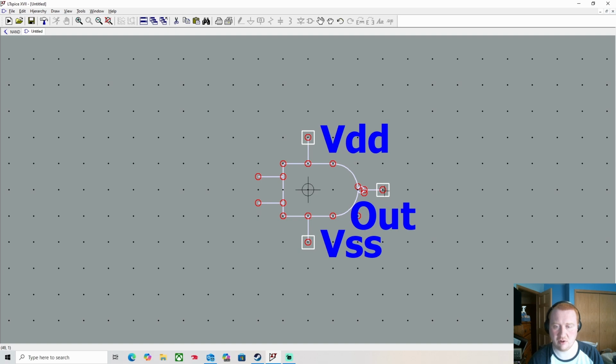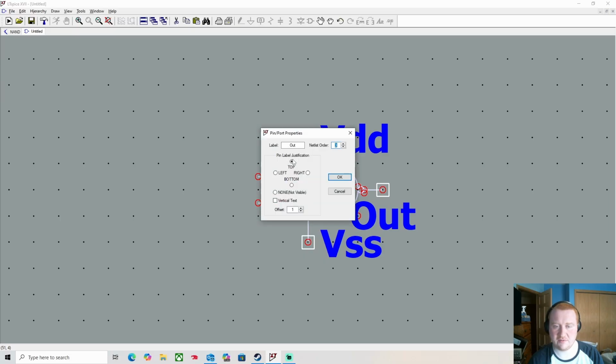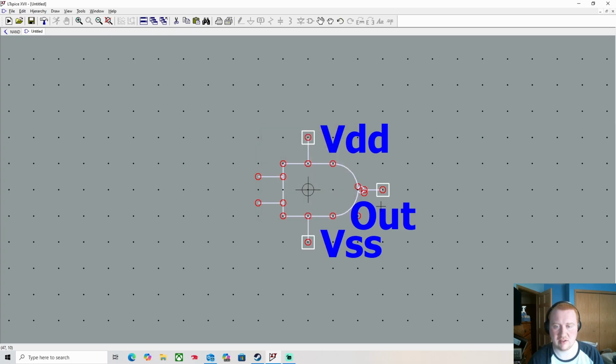Just know that output is referring to this little spot here. All I did is I changed it to top justify, and then I used this offset to kind of make it look a little bit better. It's not perfect, but it's fine for what I'm doing. So then I need the